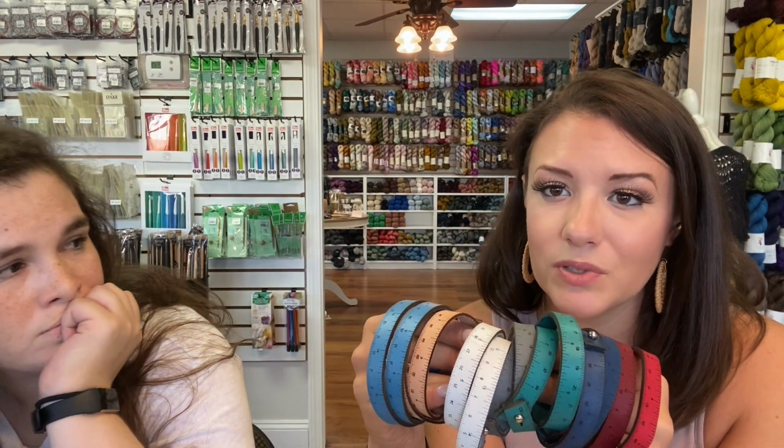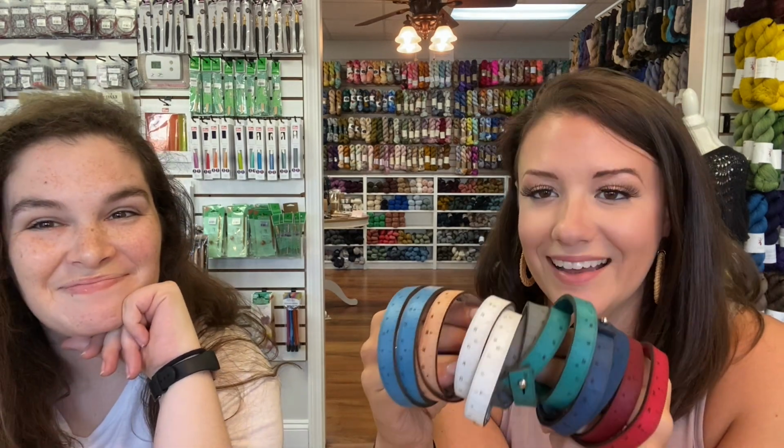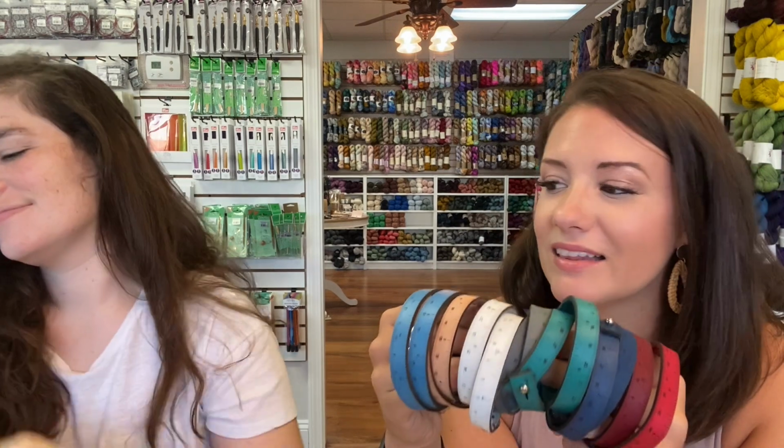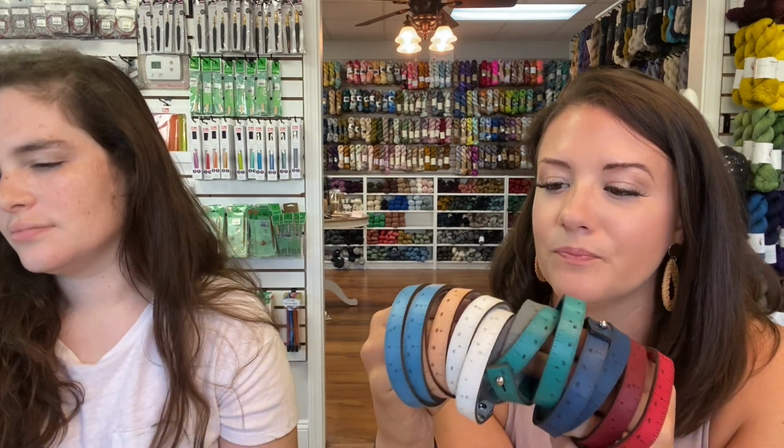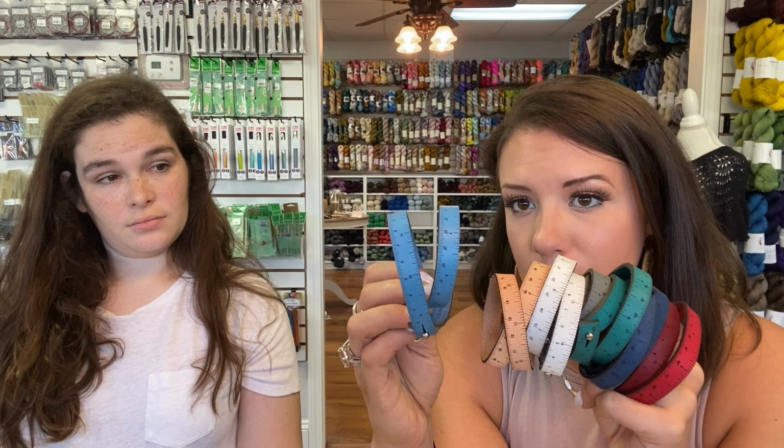You also don't have to put these on your wrists. Yeah. I keep one on my knitting bag almost all the time, except for today, to show you. But I love to put them around the handle of my knitting bag. I know a lot of other people do as well. Of course, they are a functional ruler, but real quick, this is just called blue,